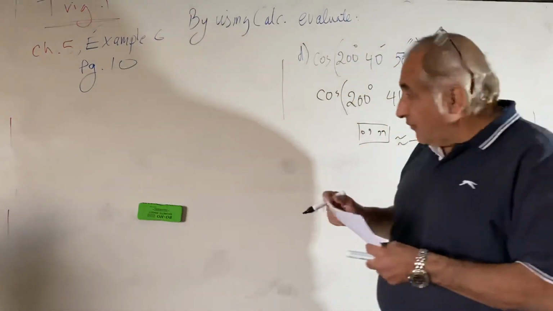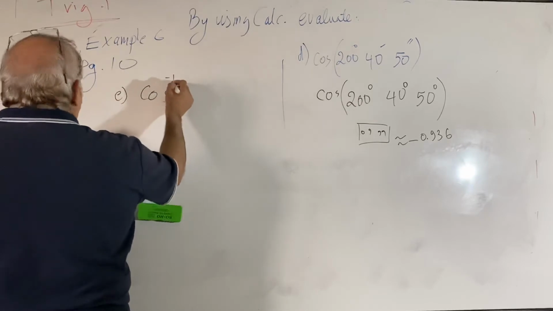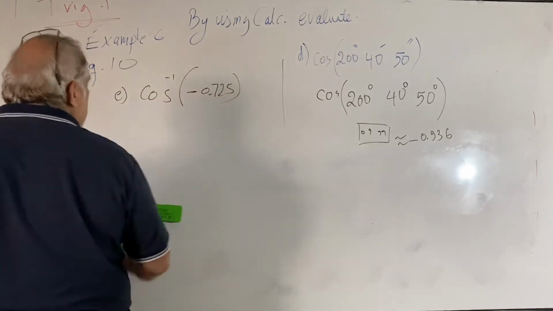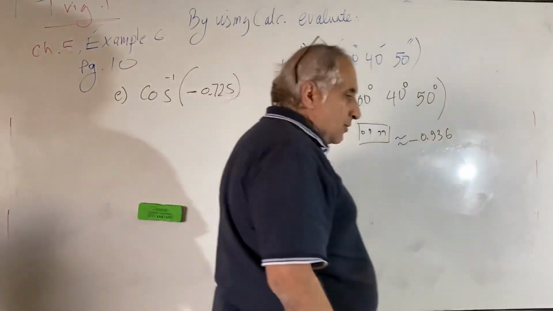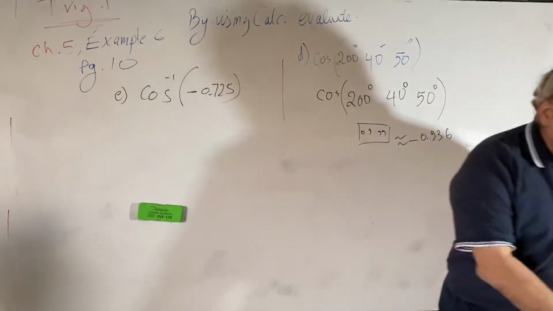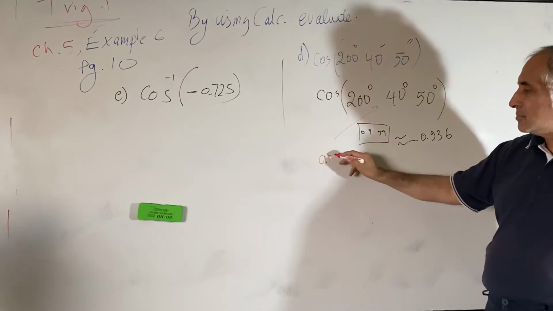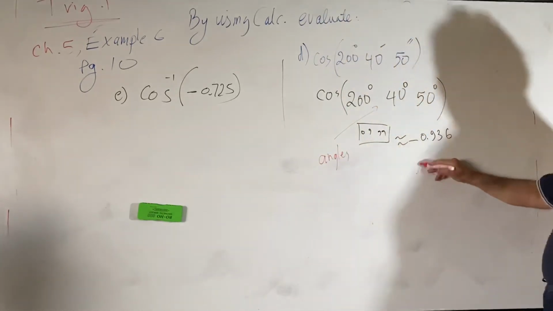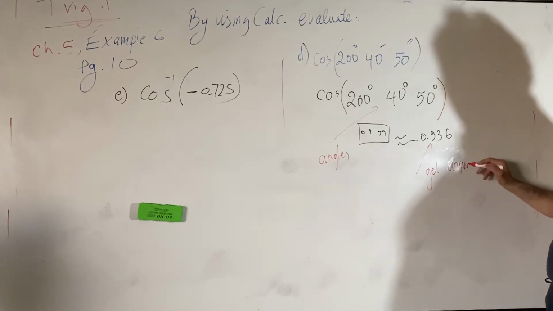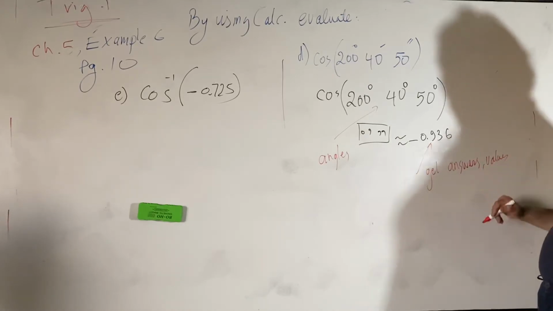All right. How about if we look at number E, the one after that? What's the cosine of negative 0.725? Now, is this an angle or a value? Remember, I've been giving you all the time angles, and then here you're getting answers. These answers or these values are called ratios,